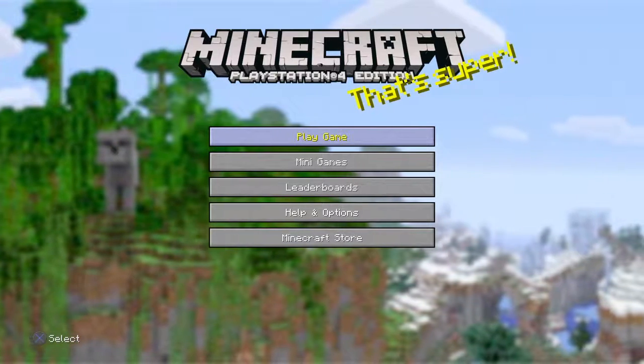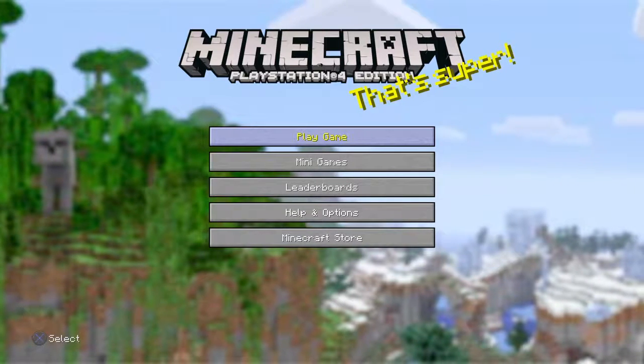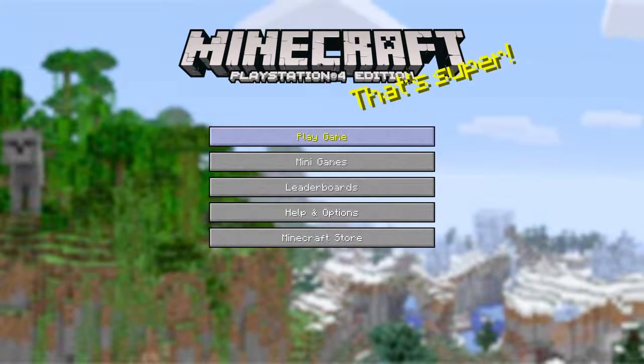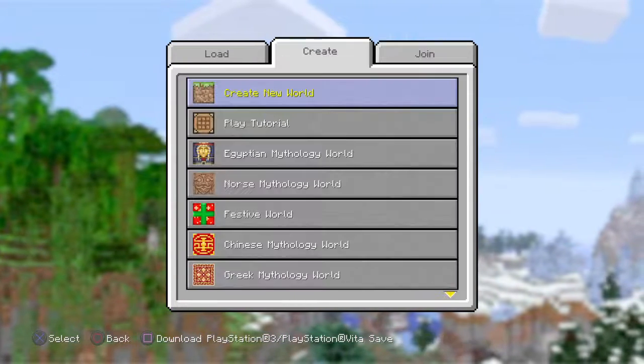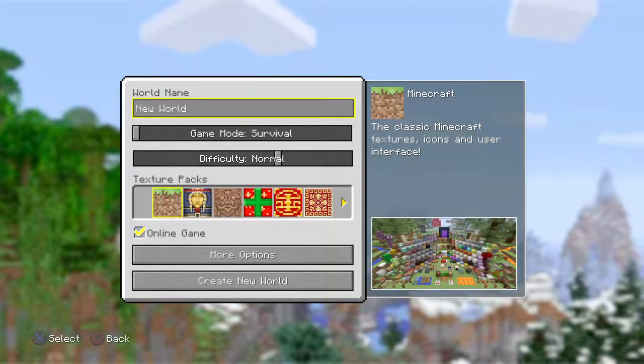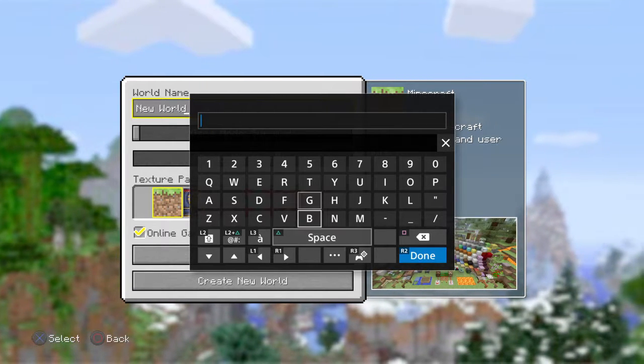Okay, so that's what we have for today's update in the Minecraft video. So today we're going to go ahead and start this out. We're going to create a new world so that we can actually be a part of this. So what are we going to call this world? How about